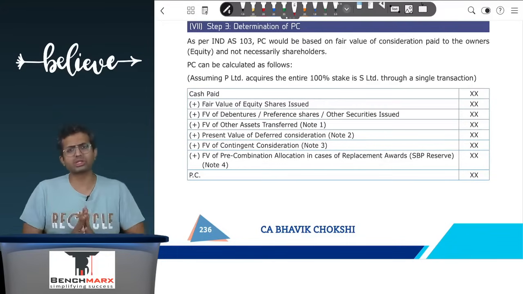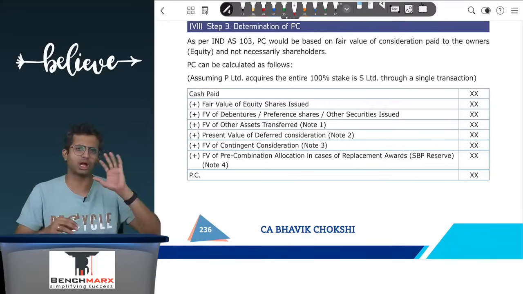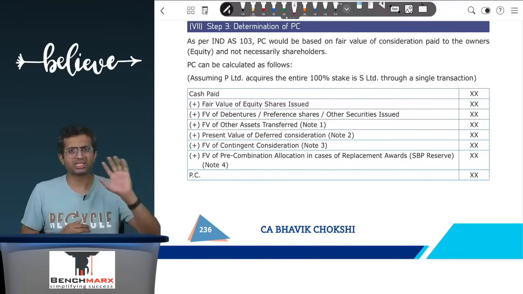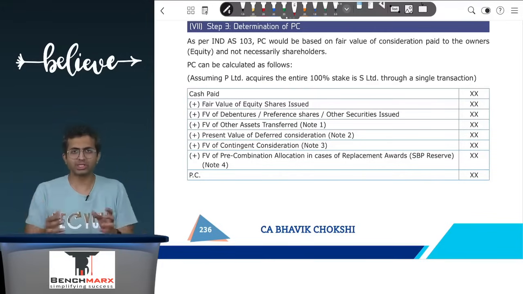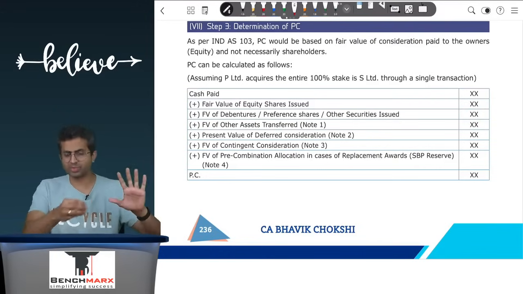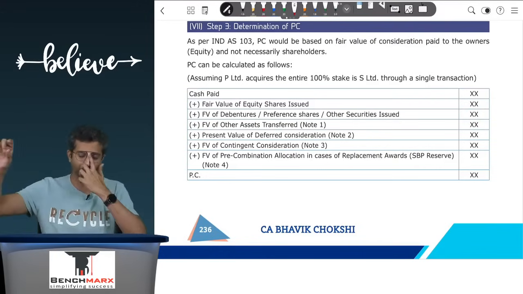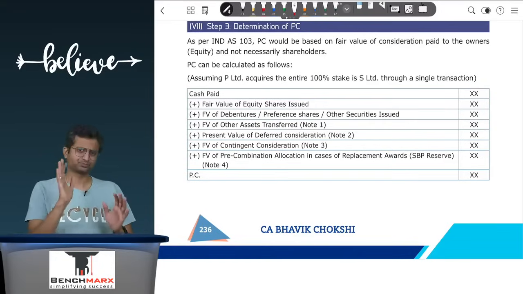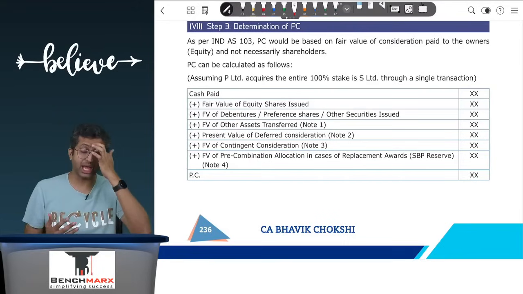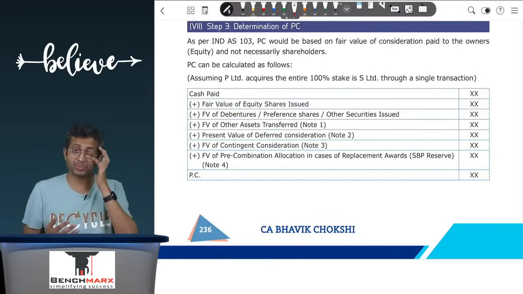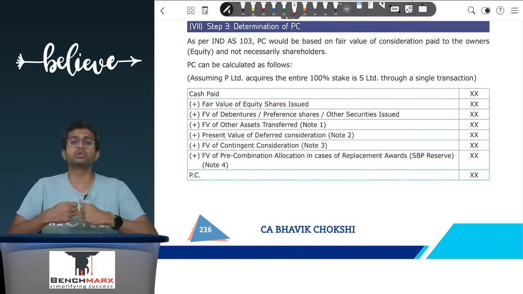Here there are no conditions attached, you have to pay, just that you have to pay. Let's say you have agreed to pay 60 rupees today, and you have agreed to pay 40 rupees, let us say, after 2 years, in which case your PC today will be 60, which is paid today, plus 40 into the present value factor at the rate of, let us say, 10% for the second year. So that amount will be taken as PC, because that is attributable to payment today.